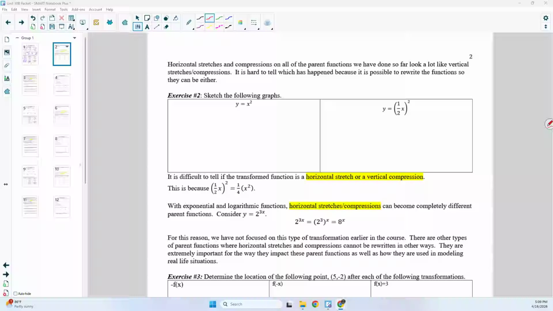So we're going to look a little more at these horizontal stretches and compressions. And we're just going to see why we haven't focused on them so much with our polynomial functions, and we started but didn't do very much either with our exponential and logarithmic functions. So if I graph these two graphs on my calculator, the first one, x squared, would just look like this, and I'm just trying to show the difference between the two. So if x squared looks like that,